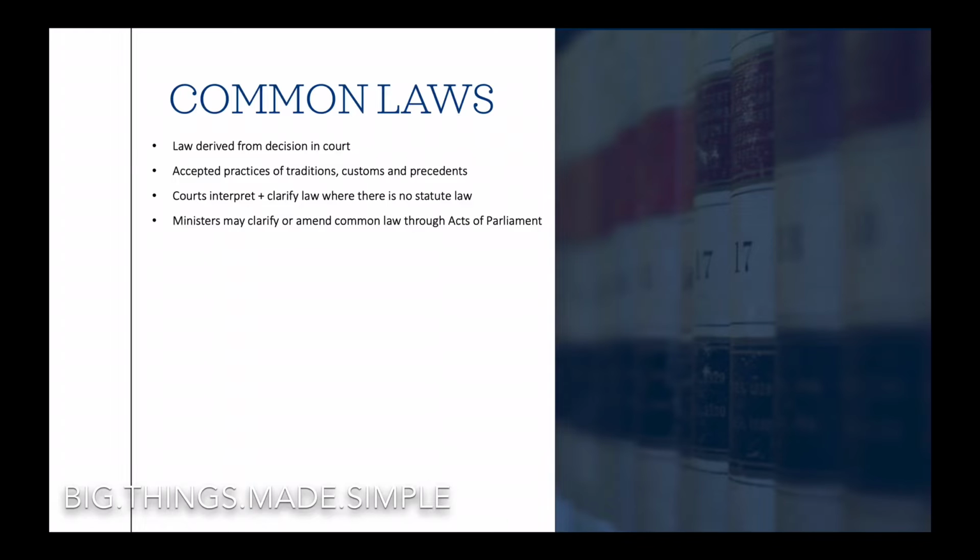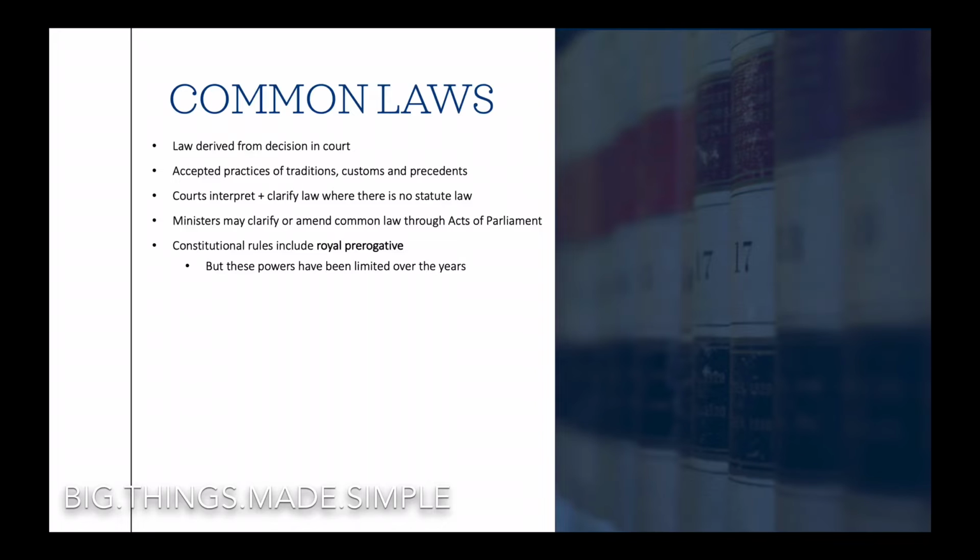Powers of the monarch: these rights have been limited over the years. The Case of Proclamations 1610 defined limitations on royal prerogative, making the monarch only able to make laws through the parliament. The Petition of Right 1628 offered protections to the liberties which the monarch is prohibited from infringing. One recent example would be the Fixed Term Parliament Act, in which the monarch would no longer have the power